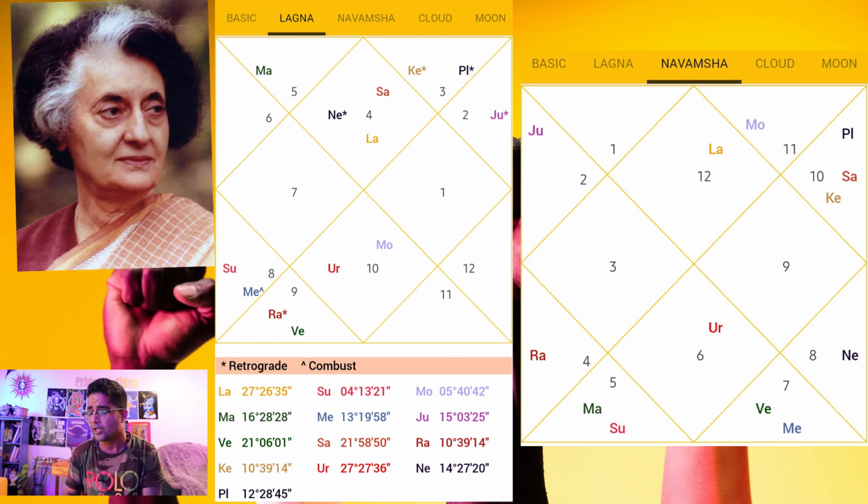of analysis is what is the sign rising in the D9 chart, and how it connects with the main ascendant chart. So guys, in her case, her D9 chart Lagna is the 9th house energy from her Lagna chart, which in itself is a very good and fortunate combination. That in itself tells that yes, this chart belongs to a person who is very fortunate.